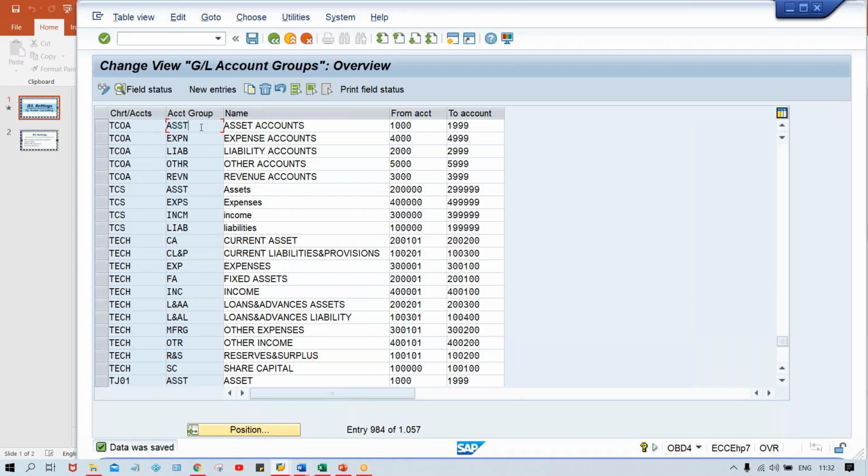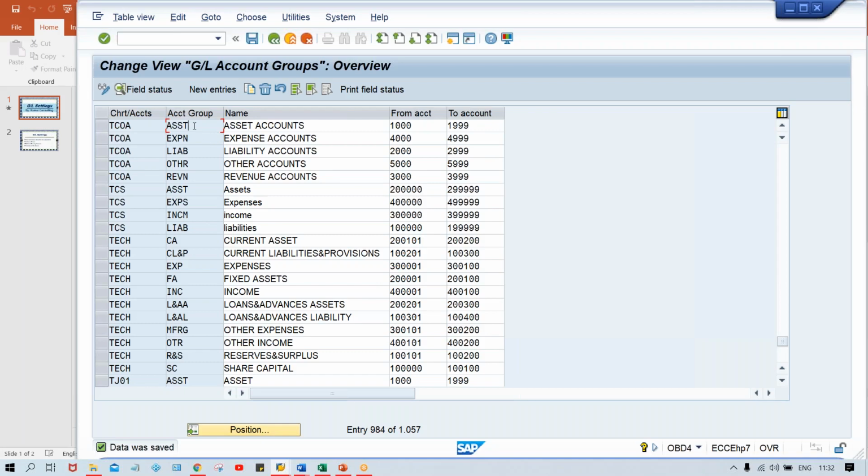But this setting is not applicable to other account groups, because under expense different settings are there. Hope you guys are able to understand. This is a very clear picture. I'm explaining all these things very clearly, and practically showing how the fields are getting controlled, so that you guys will never forget.